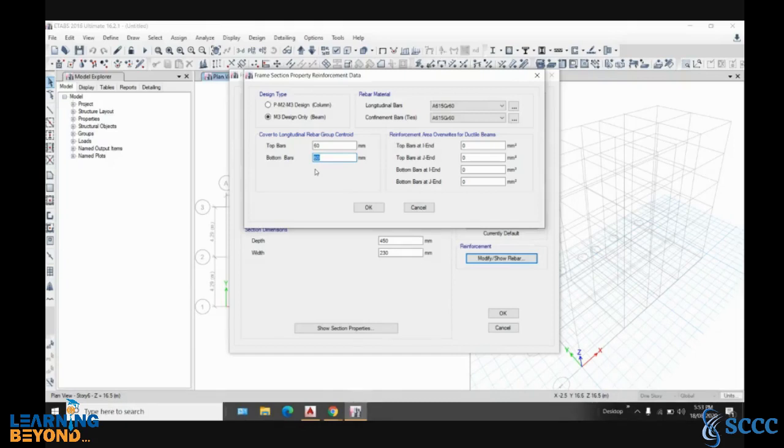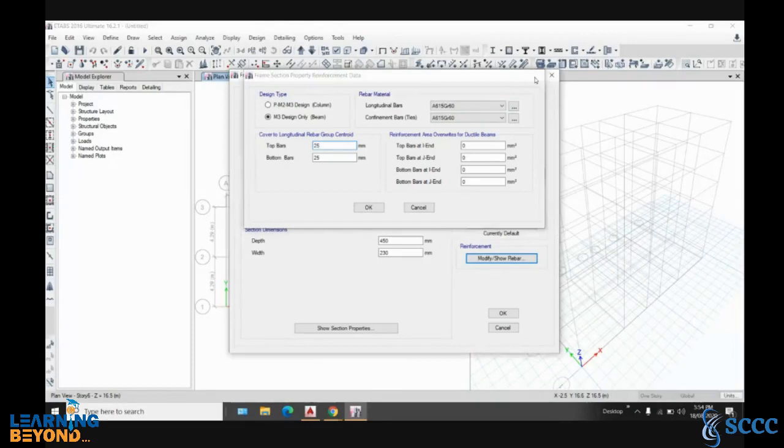So what is the cover to bottom bars? About 25, and for top bars you can say 25. So cover to longitudinal rebar. Then in this, actually we should have gone to design this also.